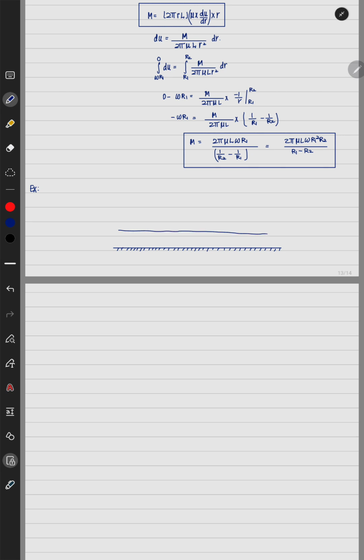A piston like structure is kept on it, and about this axis the piston is rotating. If this piston is of circular shape and it is rotating with some angular speed omega, and this height is h,